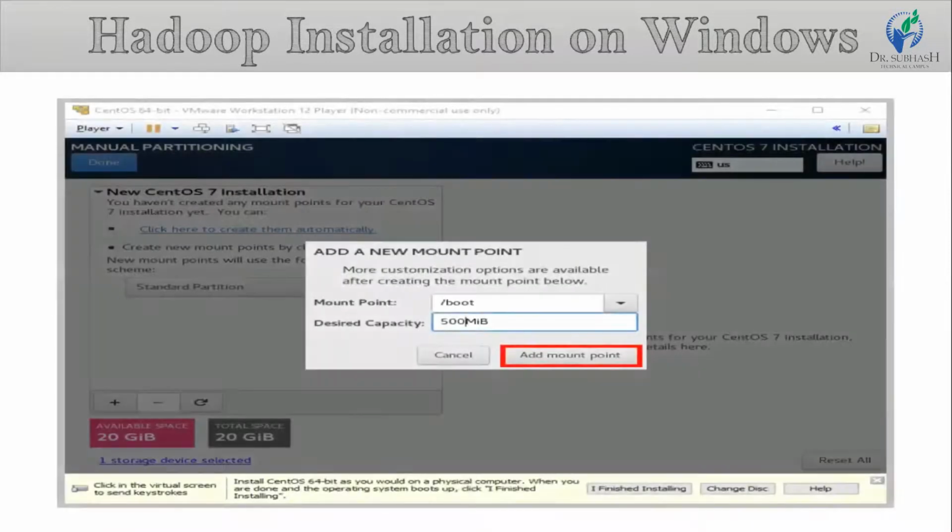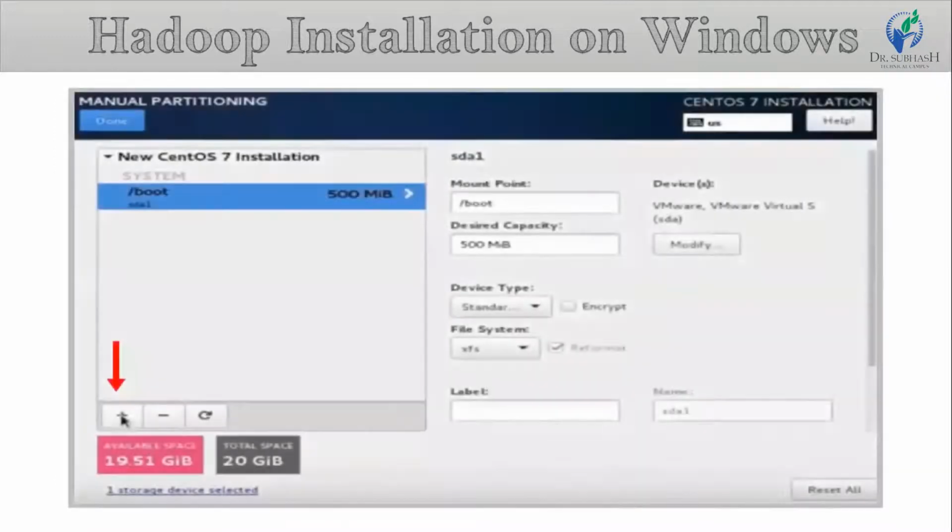For the next, select the desired capacity as 500 MiB as shown in the image. Then click on add mount point. Then again click on the plus sign to add another mount point.